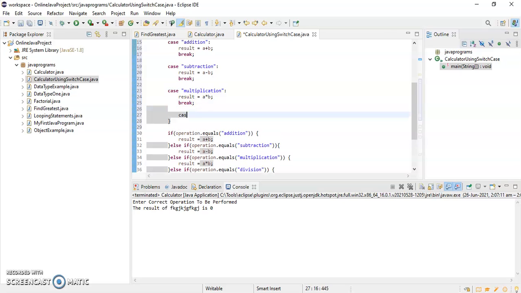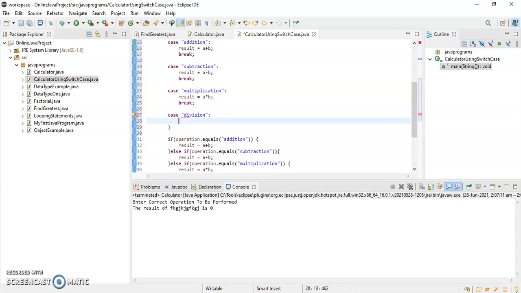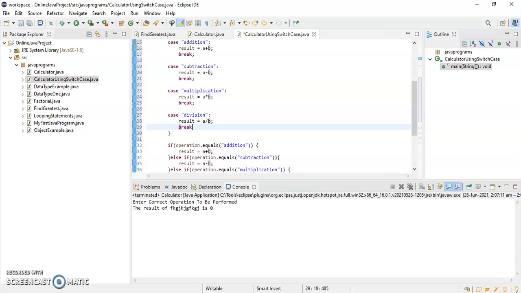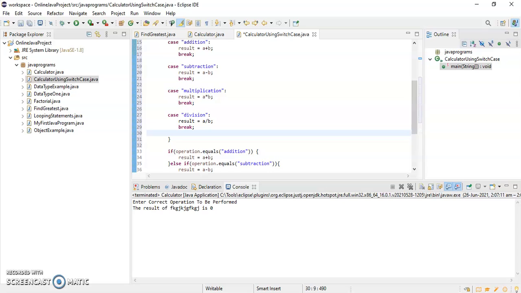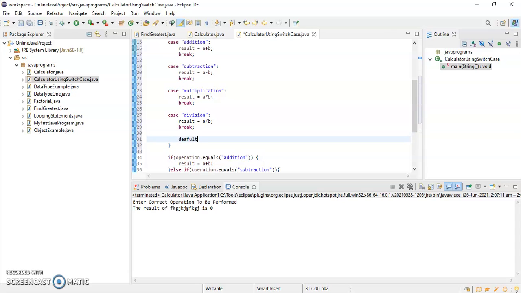Case division, then do result is equal to a divided by b and break it. Then I'll just write default. If none of the cases gets satisfied, it will come to the default case.